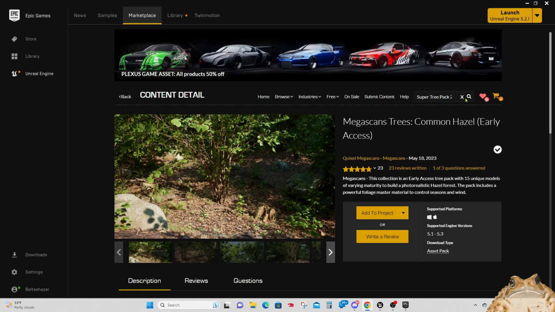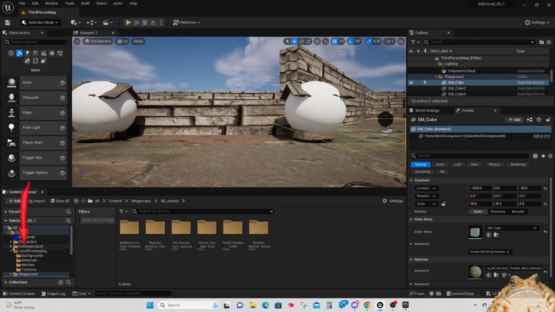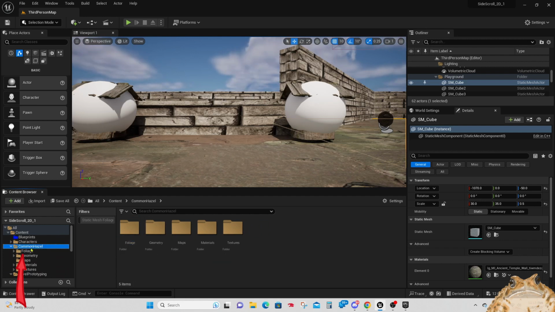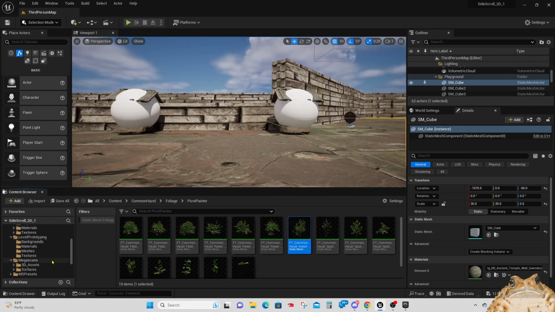So let's go back to our game and find our trees. So right here is Common Hazel, and that's where we can find the assets we want to pull in. We can go in under foliage and get an idea of what we got, but in order to put those in a game, we want to attach them to an object so we can manipulate them if we need to. I'm going to open my objects folder